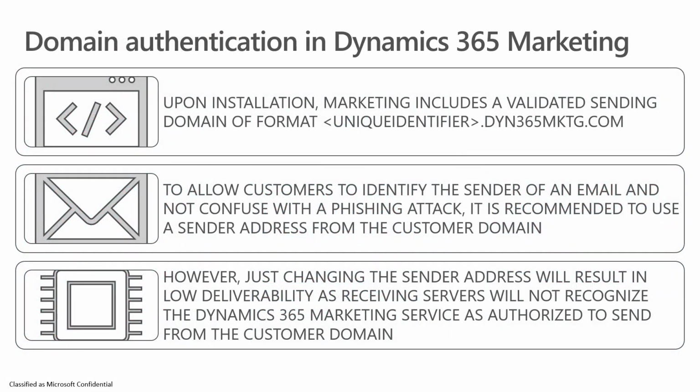How does that work eventually within Dynamics Marketing? When you install Dynamics Marketing, you automatically get a validated domain, and it has a particular format, which starts with a unique identifier specified for your organization, and then the suffix dynamics365marketing.com. This is to allow, from the very beginning and provisioning of the organization, that you can still send emails